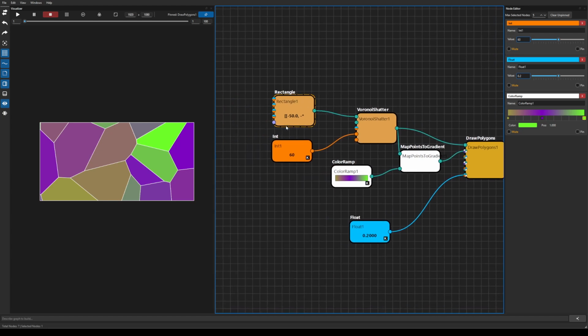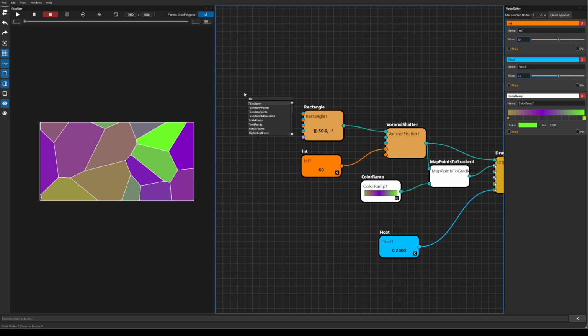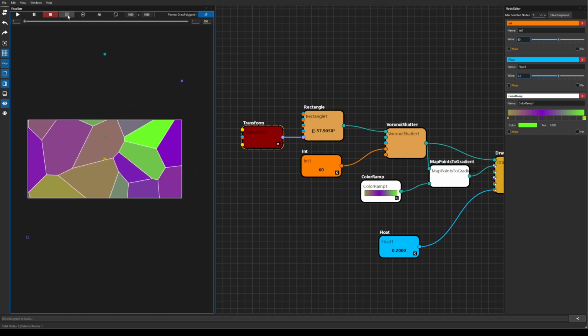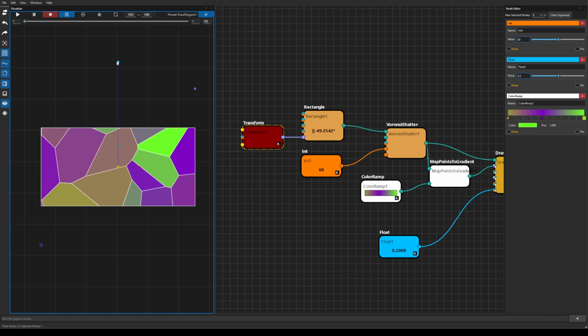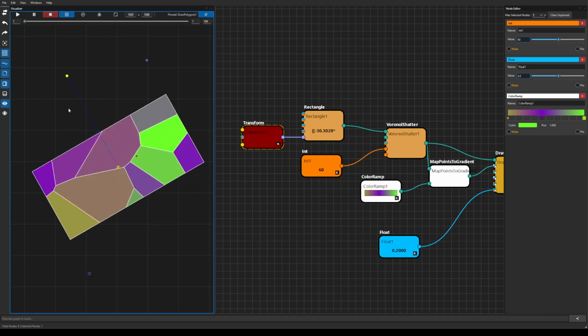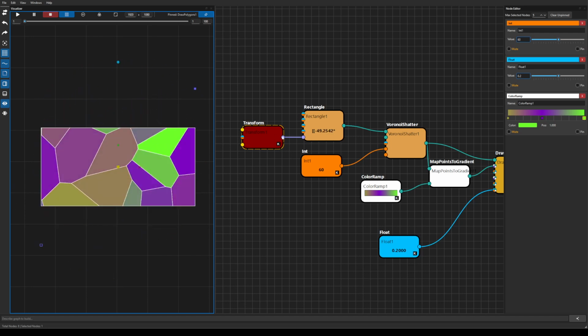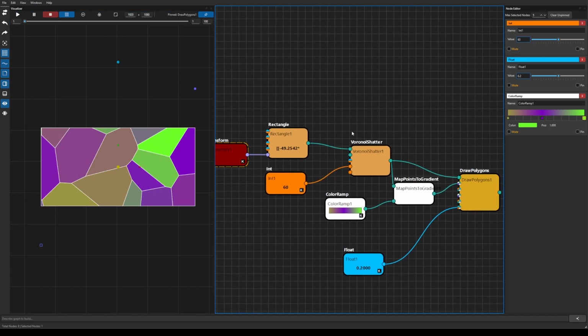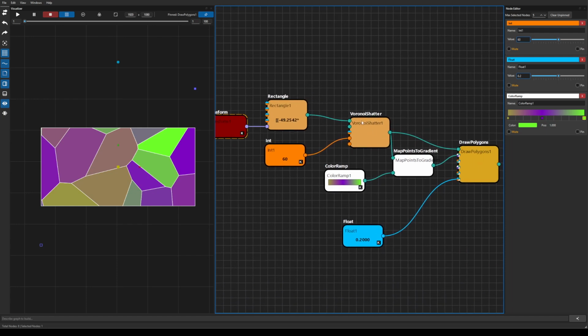We've noted it, and if I wanted to, I could also create a transform node. And transform nodes are special because they allow us to manipulate things inside of the visualizer. I can plug this output into the input of the rectangle, and so now I can move this around. And on the grid, you can see it's actually moving, and I could rotate it. See that it's kind of swimming through that because the transform is occurring before the voronoi shatter. So I would probably have to add the transform later if I wanted it to move. But anyway,